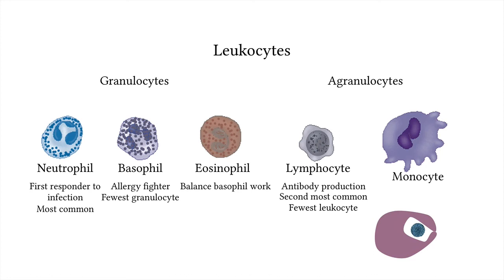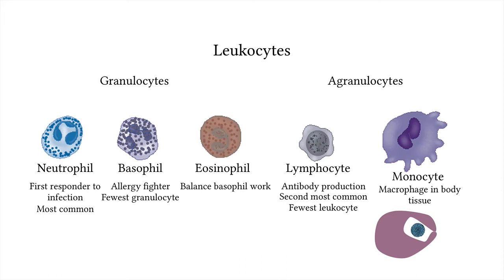Monocytes move out of the bloodstream via diapedesis, and they remain in the tissues. They are called macrophages when they are in body tissues. Macrophage literally means big eater, and that's just what they do. You have lots of them in your lungs where they are called dust cells. They are there to engulf small particles that make it to the delicate lung tissue. Macrophages are also in your lymph tissue to help identify foreign invaders.